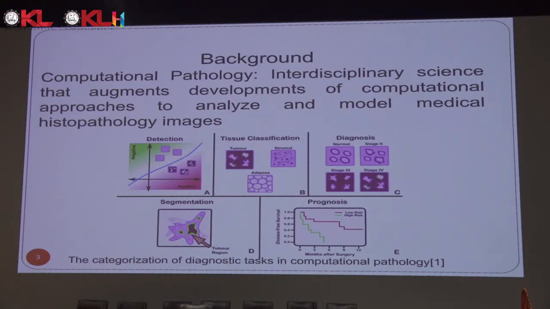So there are typically these tasks that can happen in computational pathology. One is the detection, typically binary detection, malignancy, yes or no, and the other one is tissue subclassification, and the third one is diagnosis. We have WHO grading of grade 1, grade 2, grade 3, etc. We can do that, and we have segmentation and prognosis. So these are the typical diagnosis tasks that can be accomplished in computational pathology. And the work that we are doing is about detection. There are so many areas where work is going to happen, and we are focusing only on